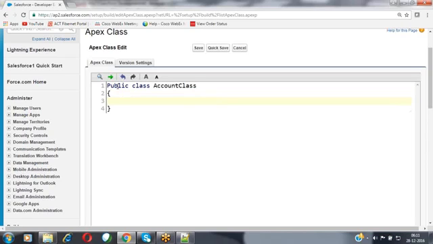Inside this class, I'm going to be defining some variables here. I'm specifying some public integer account ID, and the public string account name, location, email ID.